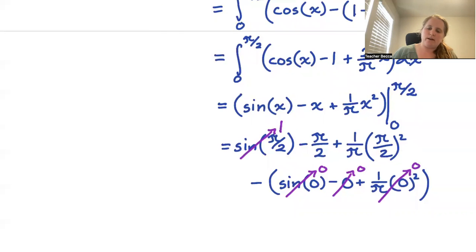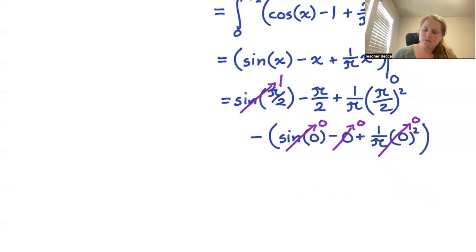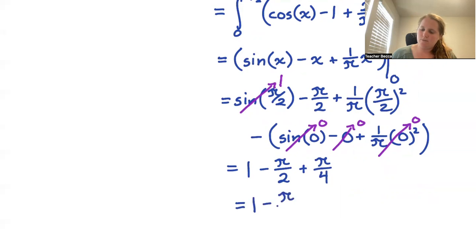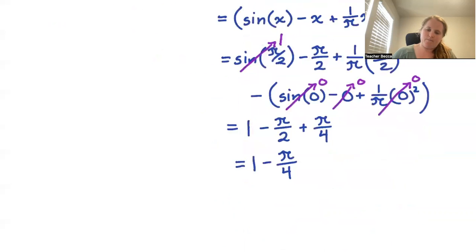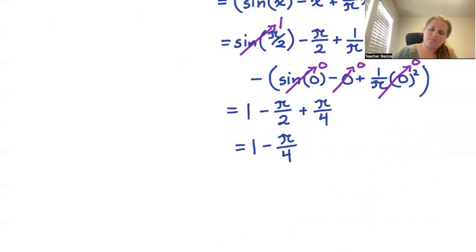So we are looking at 1 minus pi over 2, and then plus pi over 4. And we wind up with 1 minus pi over 4. For our next region, so going on to our second region,